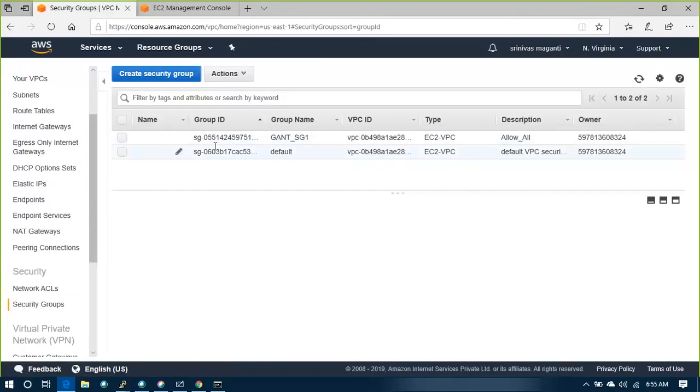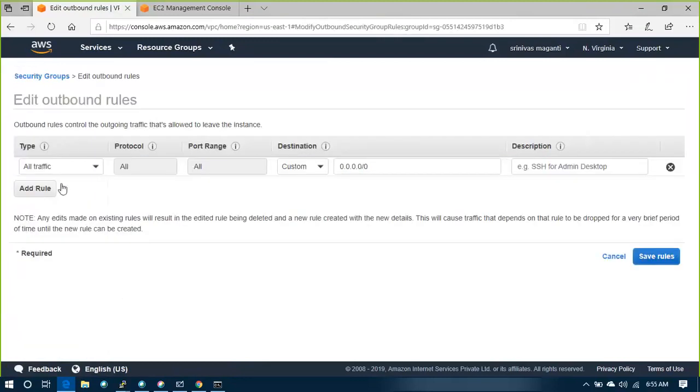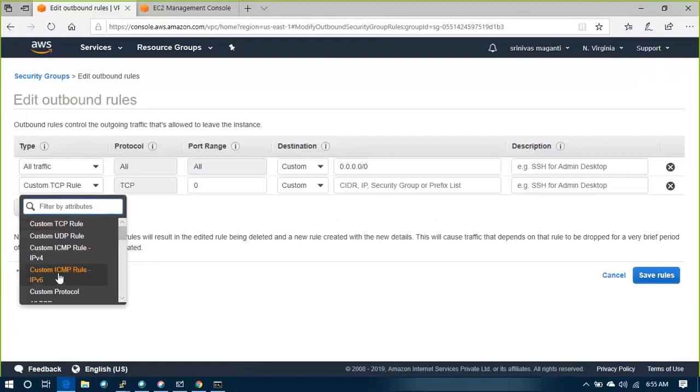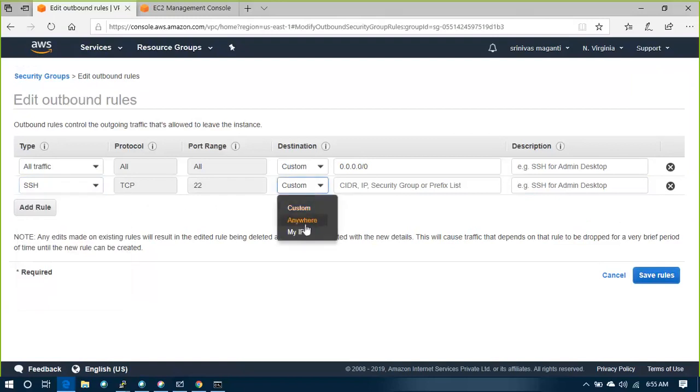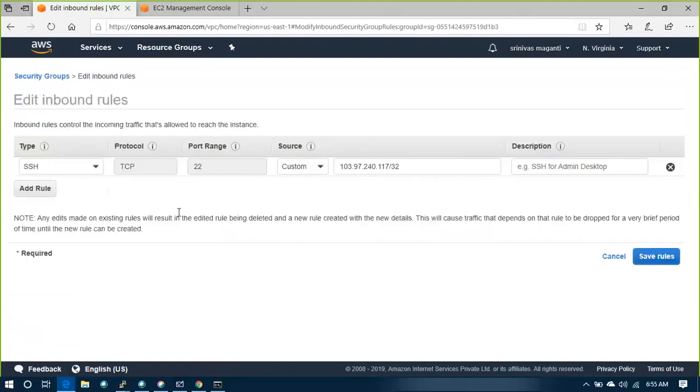Okay, this is only one security group is required. Inbound rules, outbound. Like outbound, everything is allowed here. Inbound, only SSH to, maybe let's try and see.